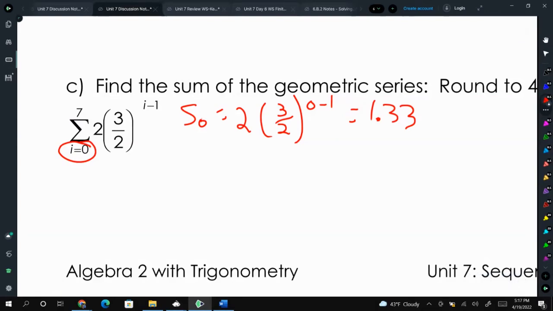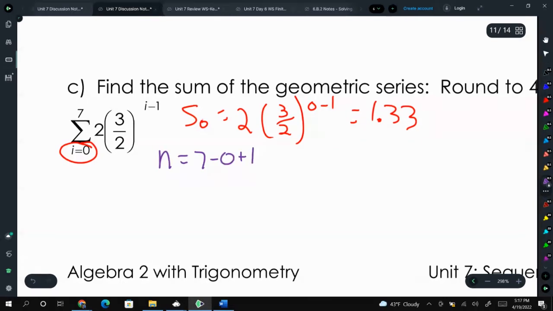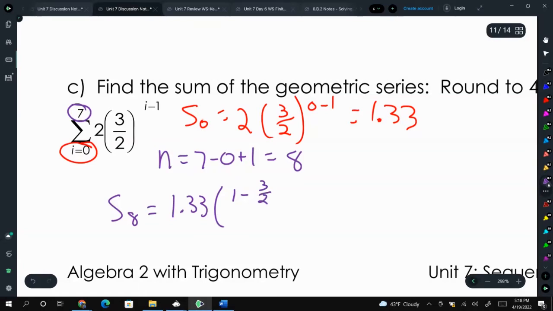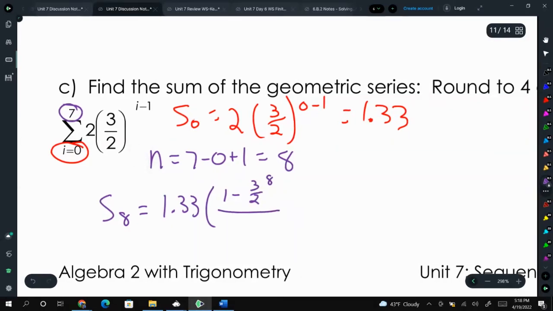It says round your answers to 4 decimal places, and you could go that precise right now if you want, but I'm going to wait for the very end. So now I can get my n value, where it's actually going to be 8 because 7 minus 0 plus 1 is 8. So the sum of these 8 terms is going to be the first term, 1.33, times 1 minus the rate, which is 3 over 2, raised to the nth power, which is 8, over 1 minus 3 over 2. So this looks incredibly ugly,